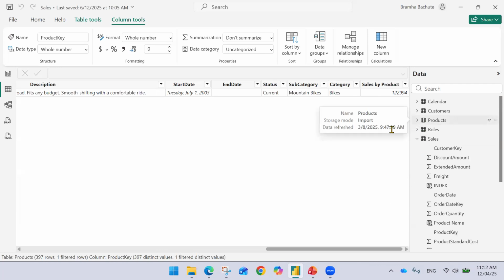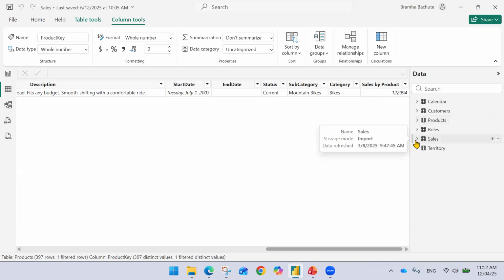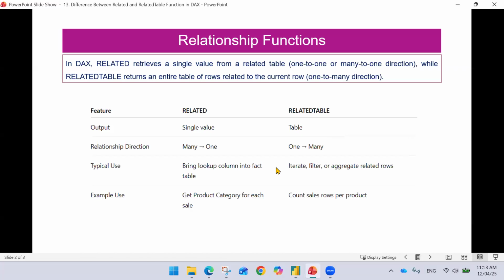So this is how the relationship functions can be used. Two different relationship functions, and they both serve different purposes. One can be used on the many to one side, the other can be used on the one to many side. Right, so this is the difference between the related and related table functions. There are a couple of relationship functions, but they again serve different purposes. But these two are used